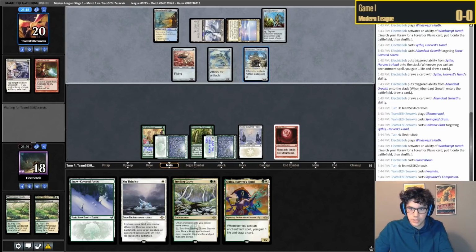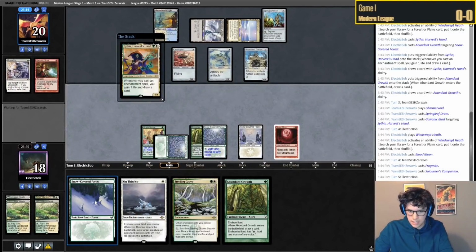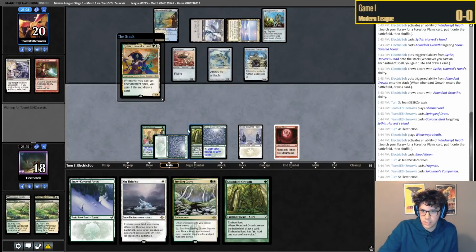Okay, Sandra's Companion. Alright, we're looking pretty good here. We're looking pretty good. So let's play Sithis. Sithis is a great card. They could have,